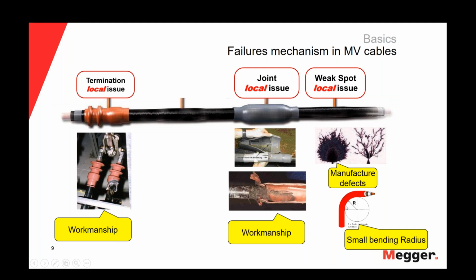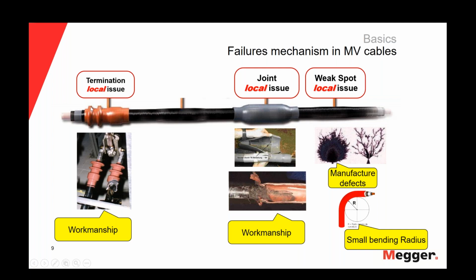Or if we bend the cable too much, between the layers, maybe between the semicon layer over the insulation, we will have an air bubble. And when the cable is in service, we will have PD activity start in that air bubble, and sooner or later we will have a fault. So, the local issues are in one portion of the insulation or affect a specific splice or